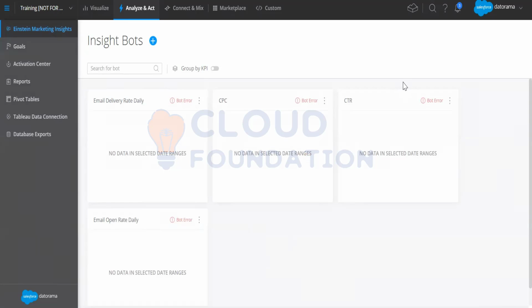Now, I have seen those insights. I've worked on them, and I've seen that more than an insight, it gives you a direction towards finding the insights, and I'll say that is a very good feature. We should not depend on Einstein insights as whatever it gives me, I'll place it in a widget and showcase it. People do that as well, but this is more of a directional tool which tells me, you know what, this event has happened in your campaigns or in your email deliveries. If you're working with Salesforce Marketing Cloud, it tells you that in your deliveries this has happened, or that up to this date there was a